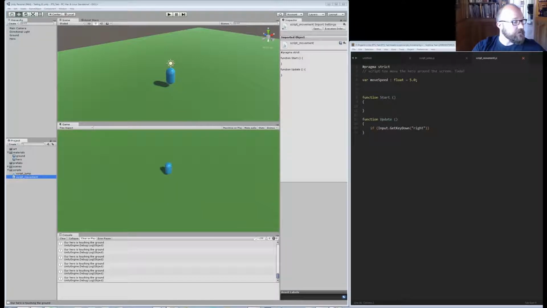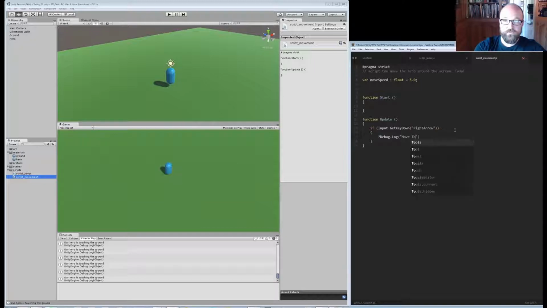Input, where are our different input possibilities here? KeyCode, here we go. It is called RightArrow. Okay, good to know. And it's capital R, capital A. Okay, so if we're pressing right arrow, then Debug.Log